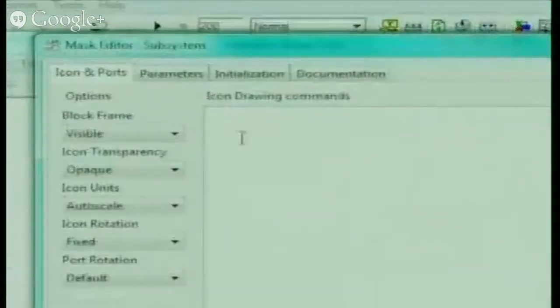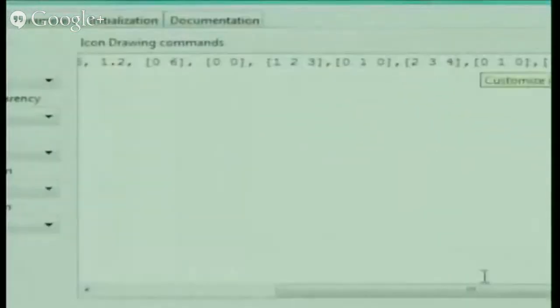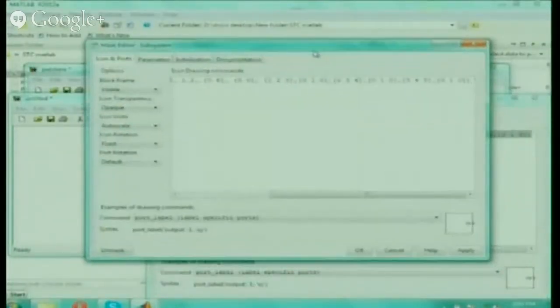Okay, and just copy the plot command which I showed there. So now I am just going and clicking. So I have given the plot command.